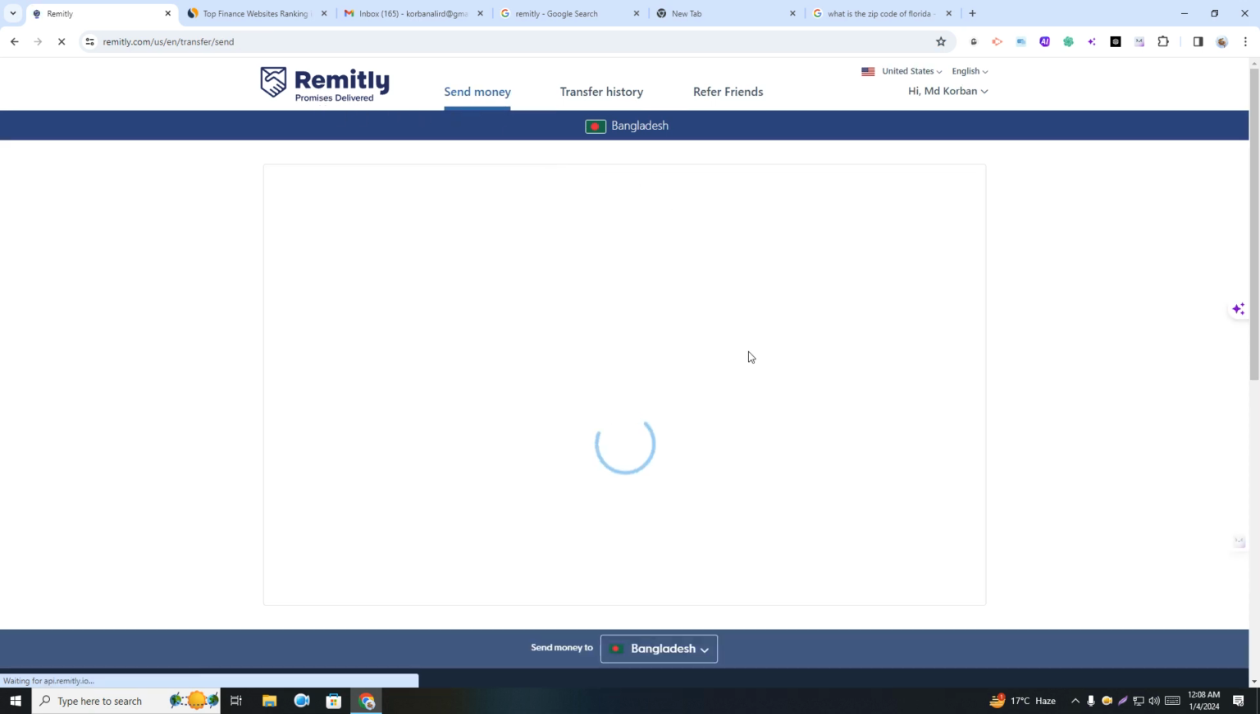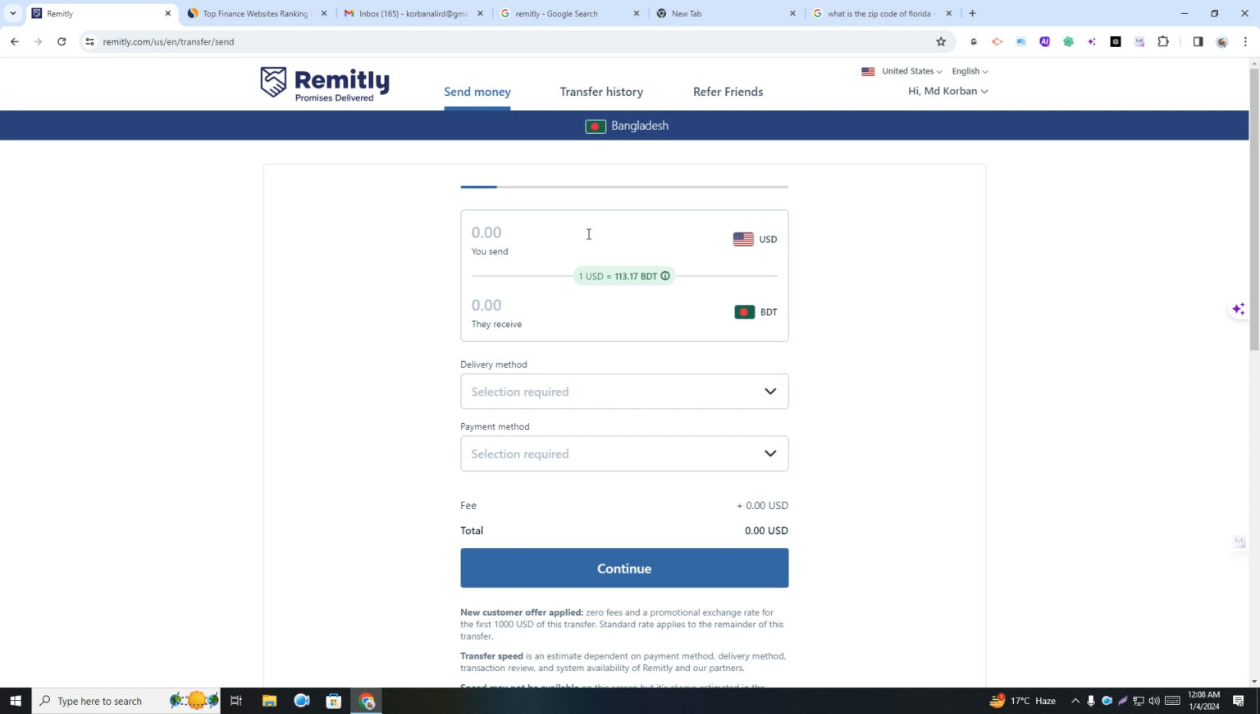So you can see this is the home page. So it's really easy. If you send money from United States to someone in Bangladesh, then you have to send from your account, and you will see the exchange rate, like how much one USD equals how much BDT. You will see here 113. So just for example 1000, and you will see how much they receive, and you have to set the delivery